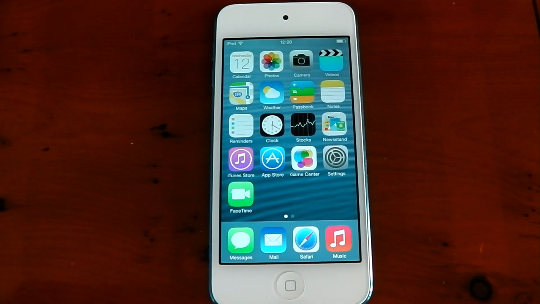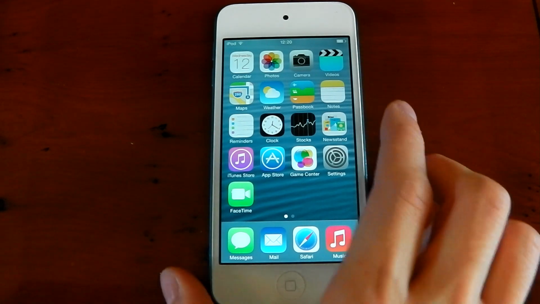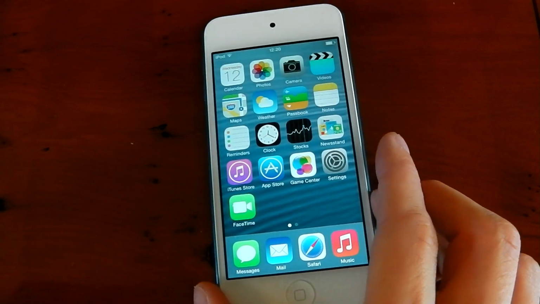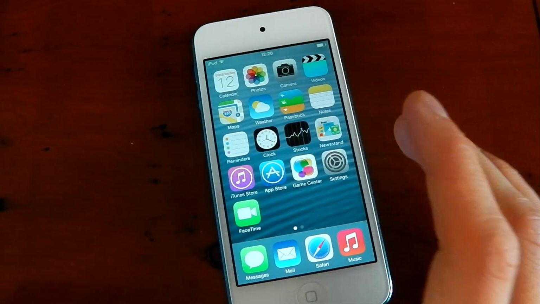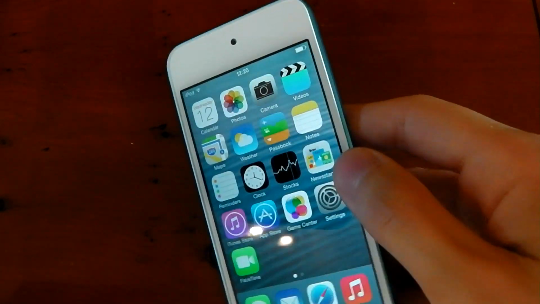So the first thing I want to talk about is the radical design change. Apple really needed to do this. iOS was looking stale, it was looking boring. They've finally done that, they've radically changed it. You'll notice it straight away. It's got a much more minimal, flat aesthetic to it. They've done away with the shadows, they've done away with the curvy edges, and I've got to say I do